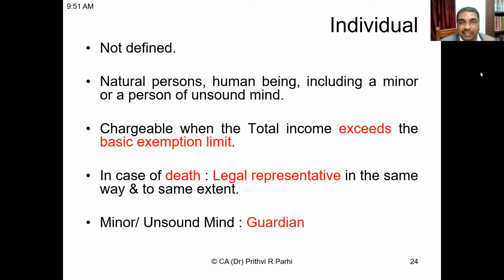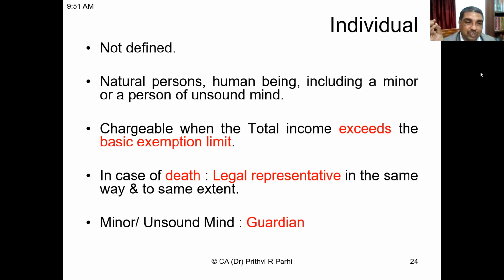Who is an individual has not been defined under income tax law. And if you want to understand the meaning of a term, you may refer to section 2 where it has been defined. But what happens if it is not defined within section 2? You may refer to some other related law if it is defined elsewhere. Or if it is nowhere defined, then you can simply refer to a dictionary and try to understand the common meaning of that term.